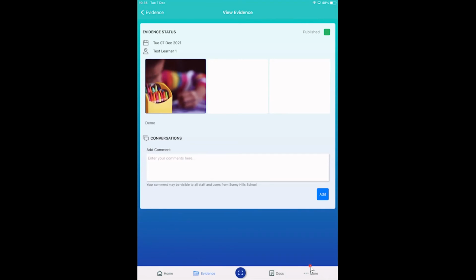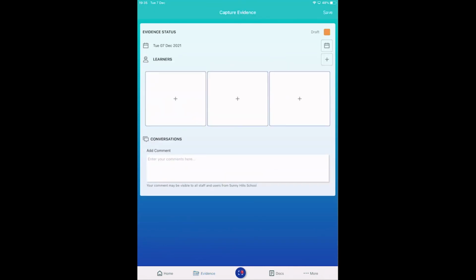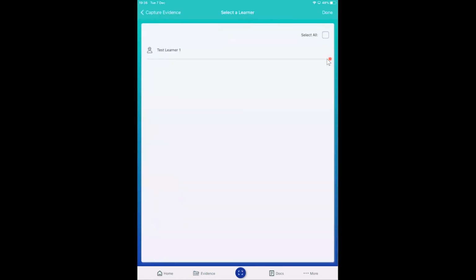But just to give you a bit of navigation now, if a family member wants to go to capture some evidence, they can tap capture straight away in the middle. And then what they can do, they can tap the plus icon on the right hand side to be able to pick a learner. If the school family user only has one child at your school, they may want to set the default learner to be their test learner 1 or their child, and therefore they won't have to pick